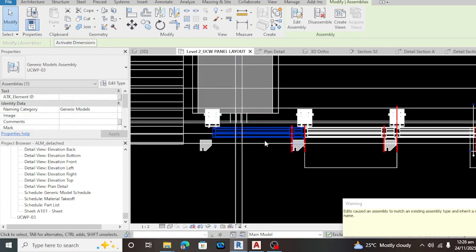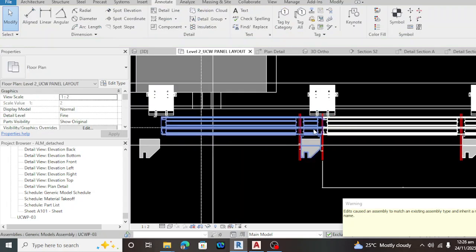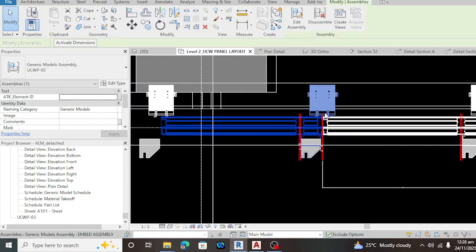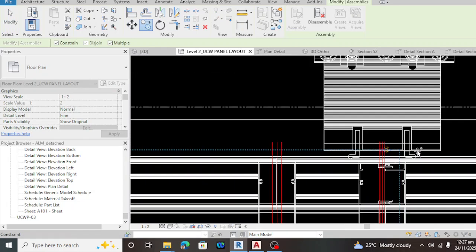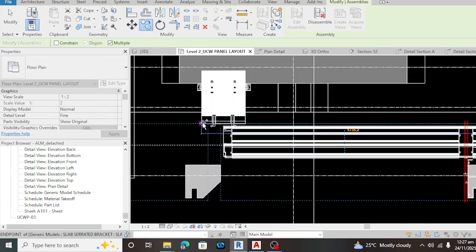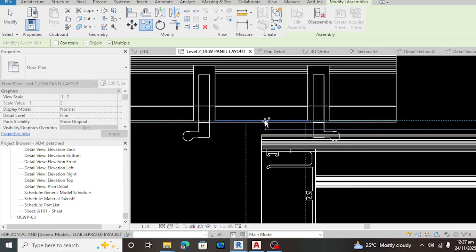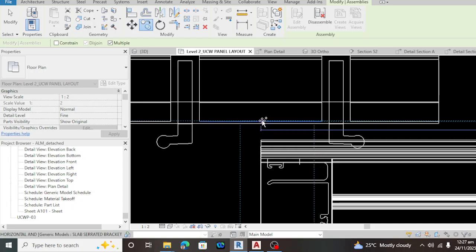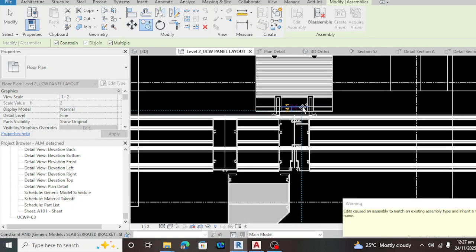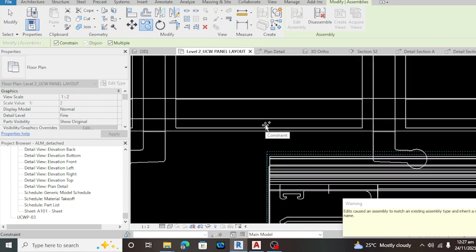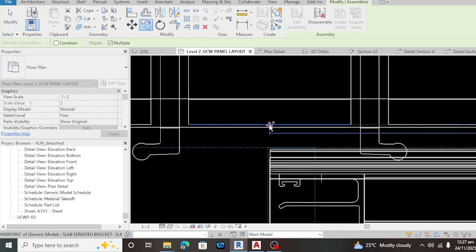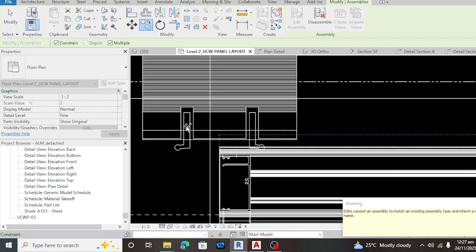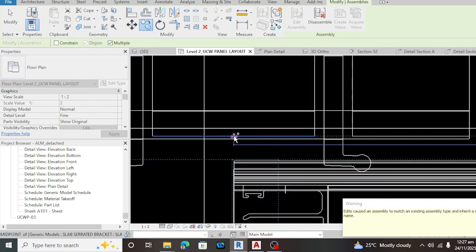If you can't grab it on the center, you can copy it on the middle of the bracket, the midpoint of the bracket. There's the midpoint.